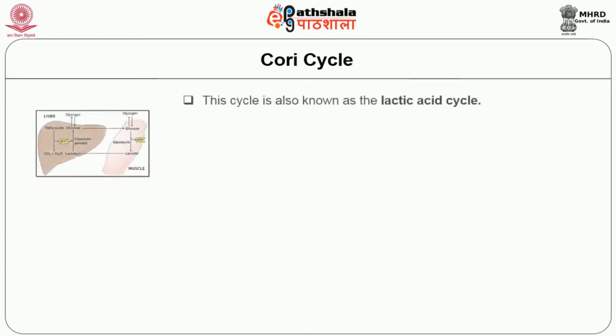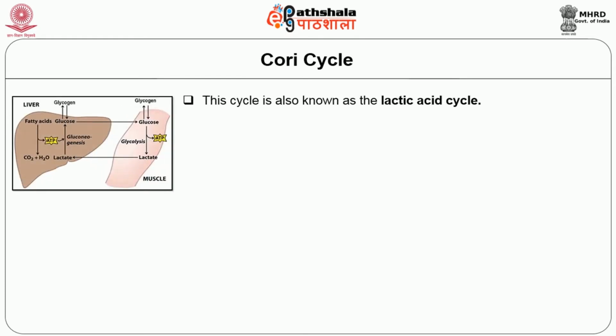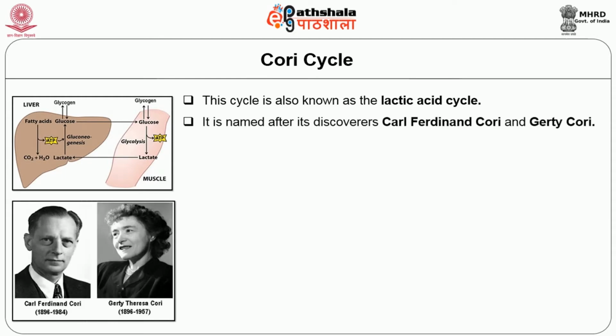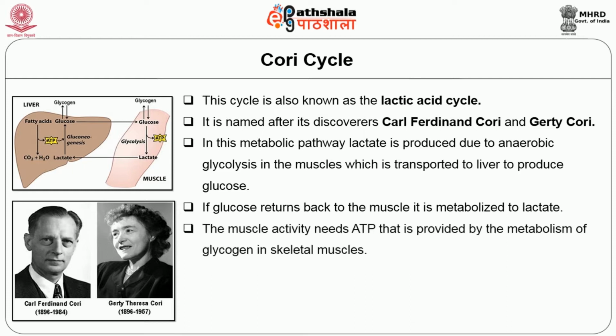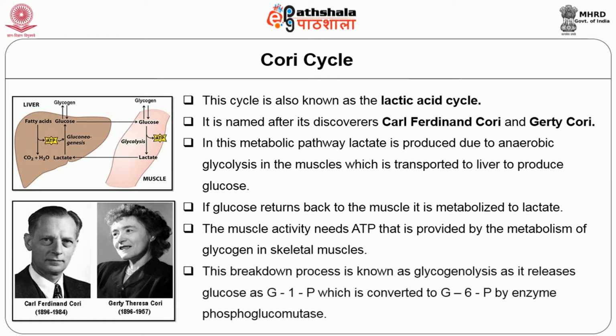Cori cycle. This cycle is also known as the lactic acid cycle. It's named Cori cycle after its discoverers Carl Ferdinand Cori and Gerty Cori. In this metabolic pathway, lactate is produced due to anaerobic glycolysis in the muscles, which is transported to the liver to produce glucose. If glucose returns back to the muscle, it is metabolized to lactate again. The muscle activity needs ATP that is provided by the metabolism of glycogen in skeletal muscles. This breakdown process is known as